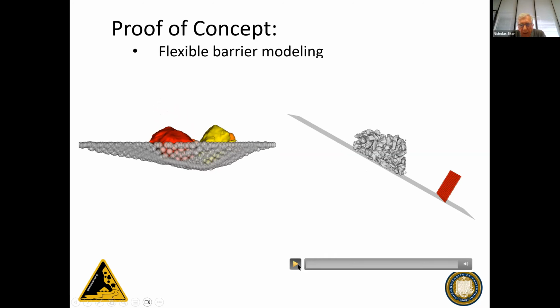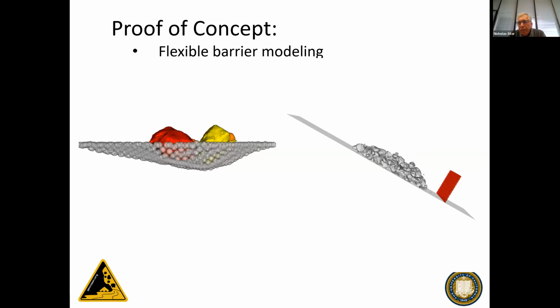There. And then we can do this kind of a thing where you have a net and the rock mass is falling into the net. And in this case, the net actually gets breached. But you can see that this has many different applications. In this case, we just use a flat surface. We have a bunch of other simulations, but for this presentation, I thought this would be sufficient to basically show the potential of a technique like this.